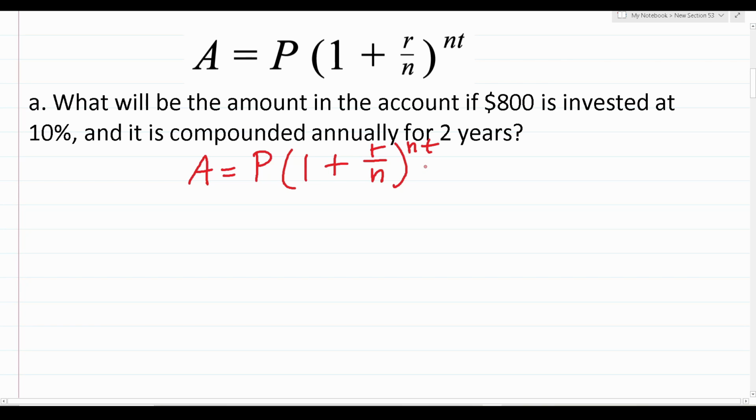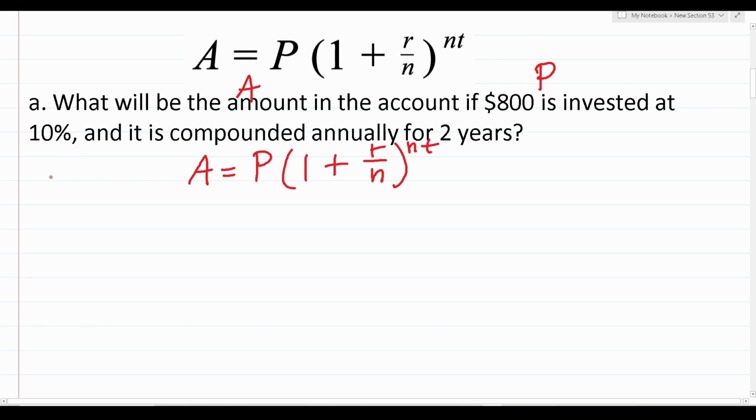Once you copy down the formula on your scratch paper, you want to go back through the problem, reread it, and identify what information you're given. So to start, we can see the problem says, what will be the amount in the account? If you recall, that was A. So we know in this case, we're going to be solving for A. If $800 is invested, remember your principal is the amount that you invest. So P in this case is 800